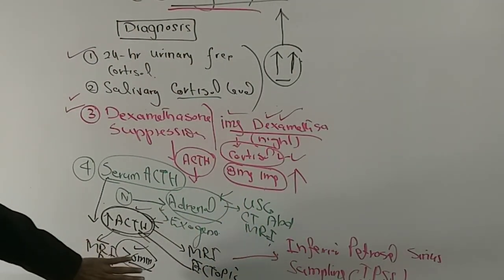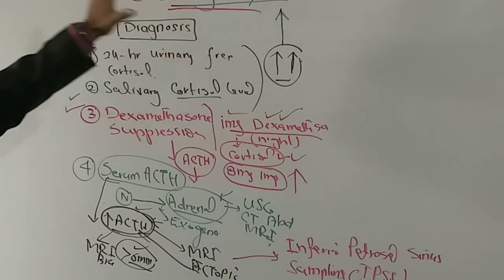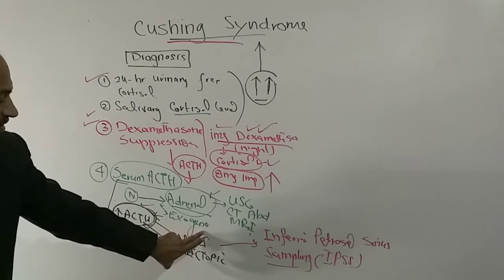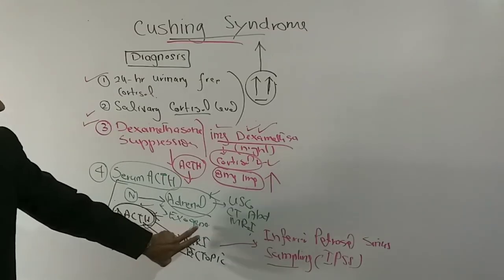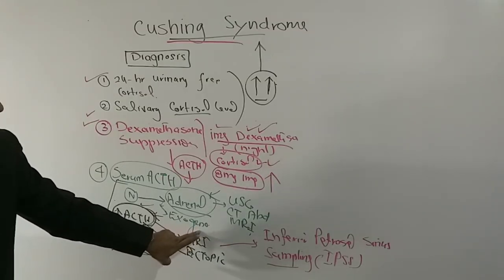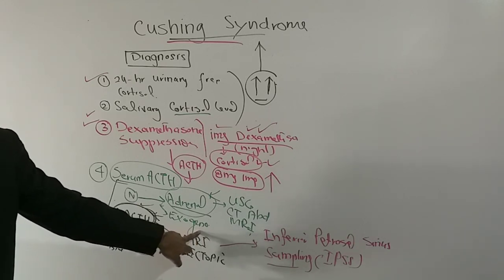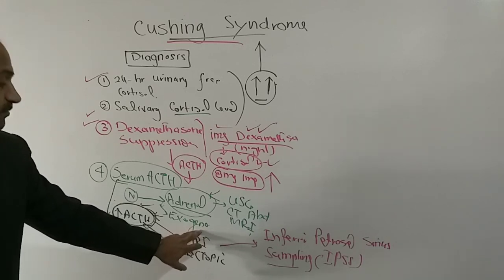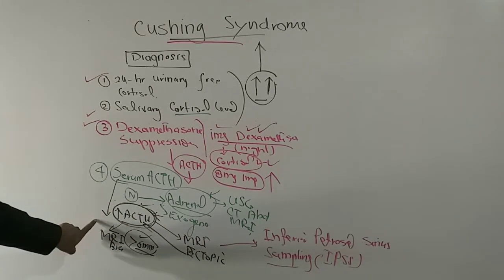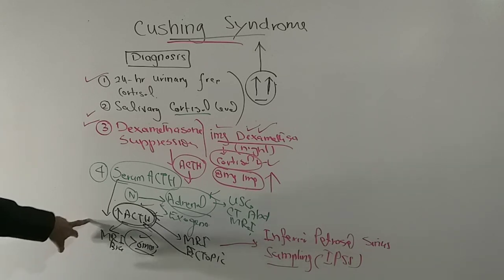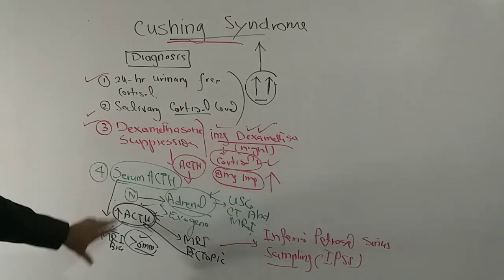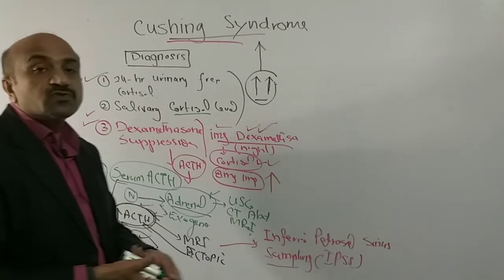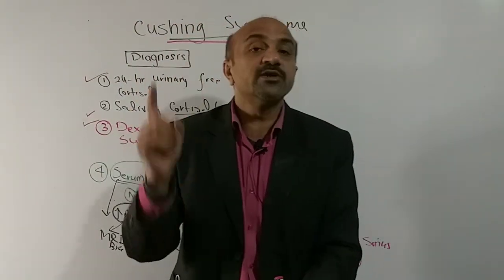So once you have known the cause of the Cushing syndrome, then you will be able to manage it. If the source of the higher cortisol level in the body is exogenous, you will gradually reduce the steroid intake, but you will not ask the person to stop it abruptly, because it may cause some other problem. And if the reason is pituitary tumor, you will do the resection of the pituitary tumor. If the reason is adrenal gland tumor, you will do the resection of the adrenal gland. And if the ectopic source is the reason of the Cushing syndrome, then you will manage according to that.